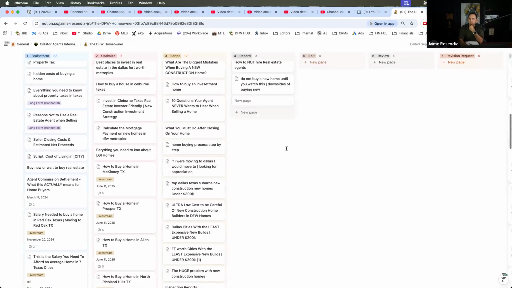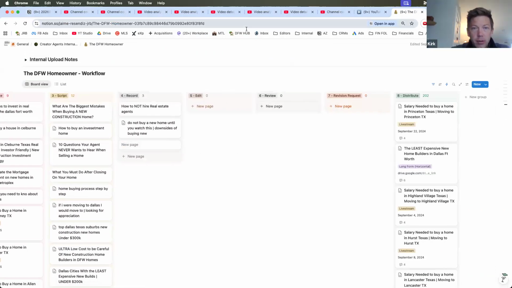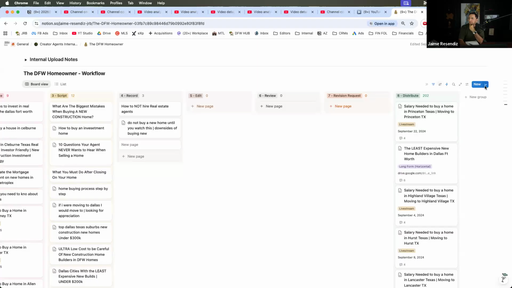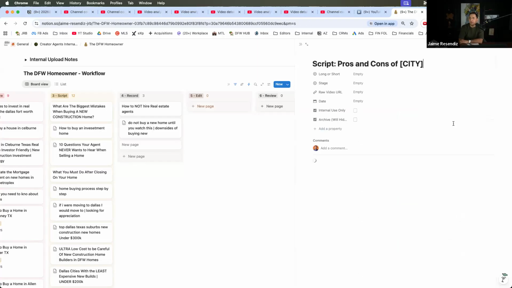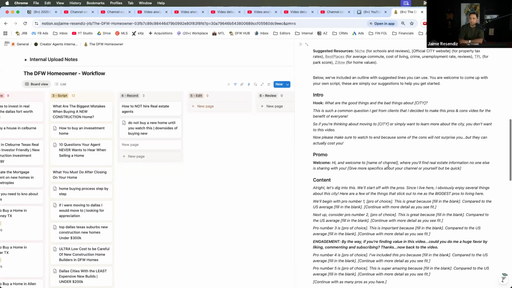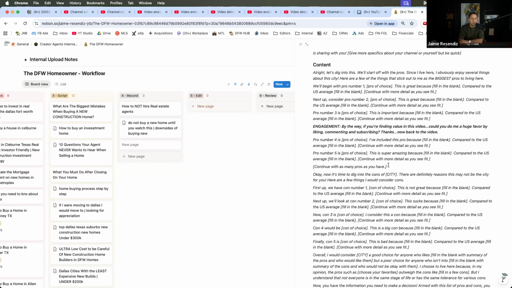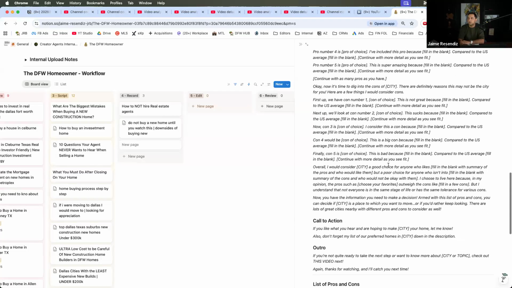Do you have this hub? I don't, I need to get with it. So here we have all of them already. This is something that is in your hub, in the Agent First Group hub. You'll just need to go to the website, and I can send it to you later, after we wrap up. But the scripts are already here. So if I wanted to do a pros and cons, it's already there. If you're part of the Creator Agents, you'll have access to this. Or if you're part of the Agent First Group, which is our network of agents, you have access to this as well.